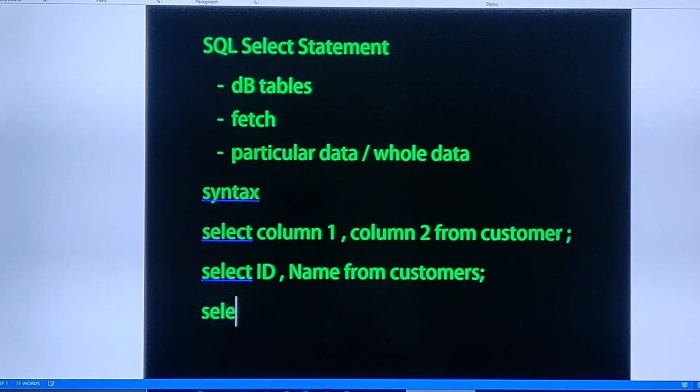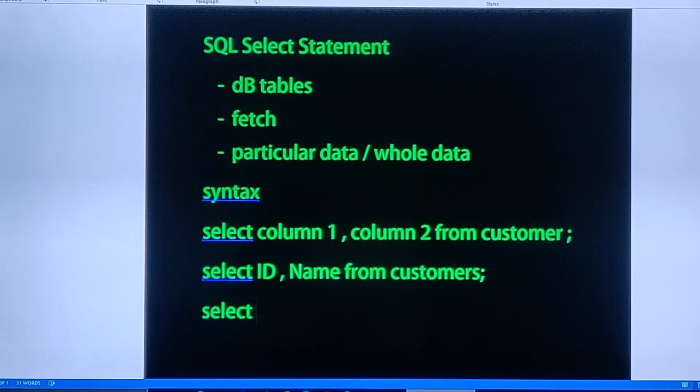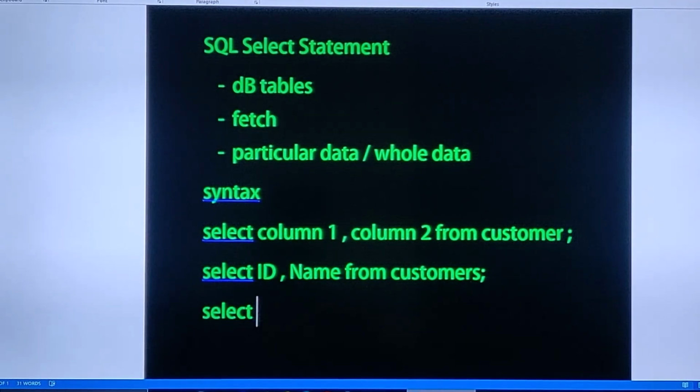It is select without mentioning any column name, because column names might differ, right? The number of columns will differ, and the properties of the columns will differ. So whenever you want to fetch the whole data from a particular table, all you have to use is select star from table name.